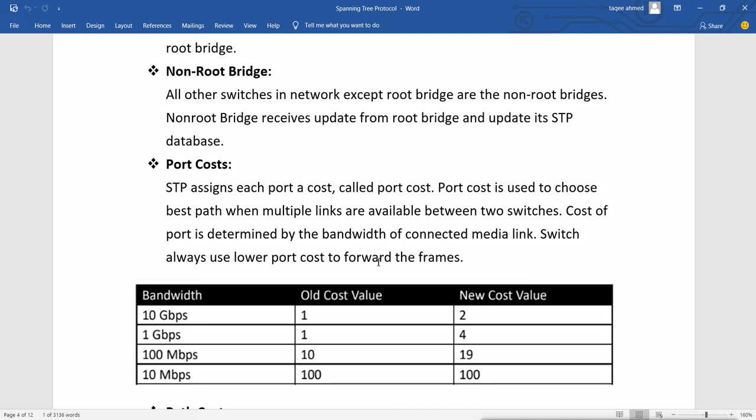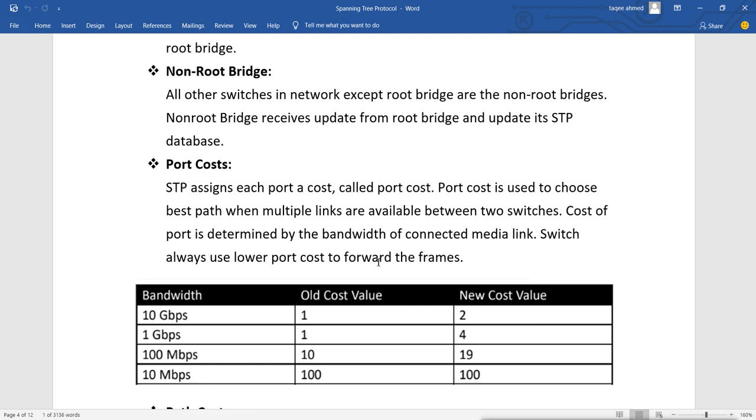If we have a redundant link, then we have multiple paths. If you do not have a redundant link, you will have only one path to reach the root bridge, and there is no loop. But if we have multiple redundant links, then in this case they will select the best path.